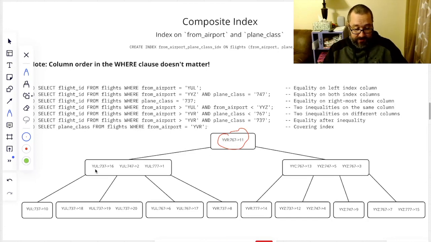We go down here, we see YUL. Well, that's obviously less than YVR, means we can eliminate that. We don't care about that. Everything between these two YULs we don't care about because we're looking for YVR, so we can eliminate that. To the right of this key, there may be a YVR, so we have to navigate down, and we do find one. So we note that, walk back up, and over, and down the other side,